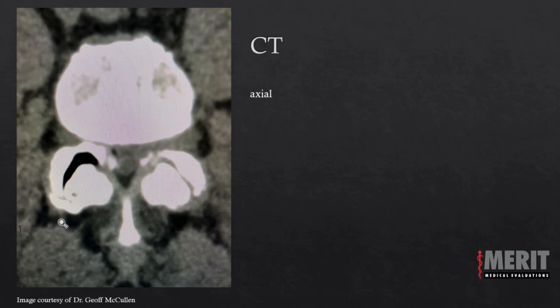If you look at an axial CT, you'll see that the space for the nerves is hard to see. By the way, this is a CAT scan without contrast, so no dye has been inserted into the dural space, into the CSF, so you're not getting any contrast there. But this is the general space where the nerves are,